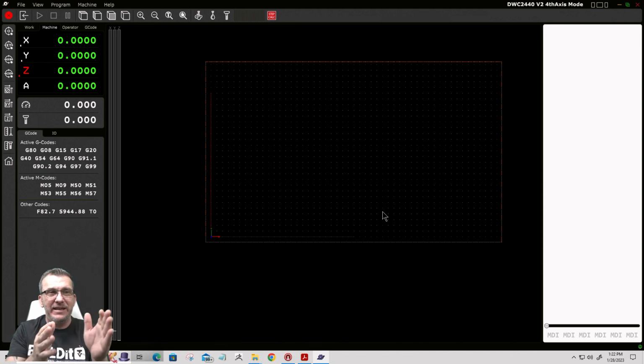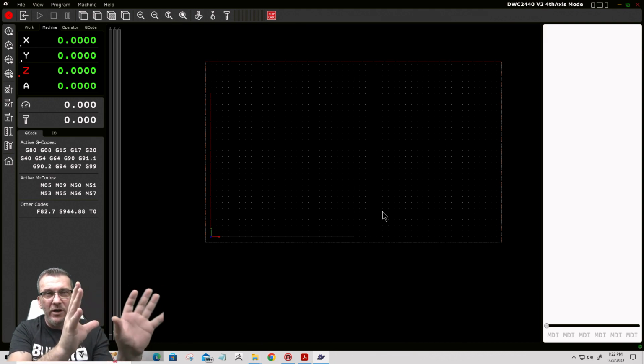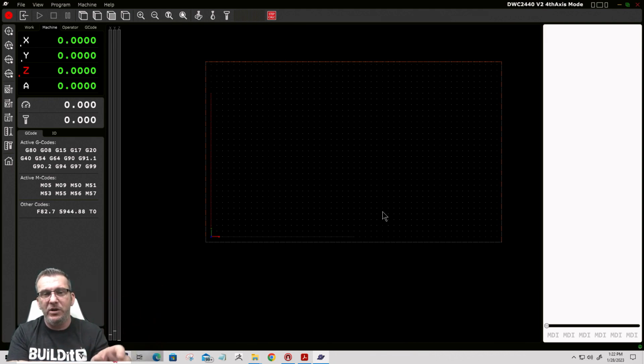You need to be connected to your CNC machine with your computer. The software needs to be open on the computer, and you need to have a green light indicating that the software is communicating with that control board. At that point in time, you can power up your machine and everything will move around as it needs to. Okay? Now,